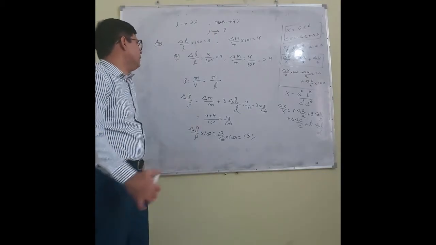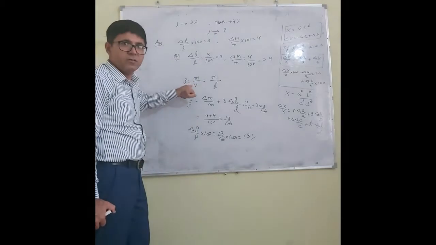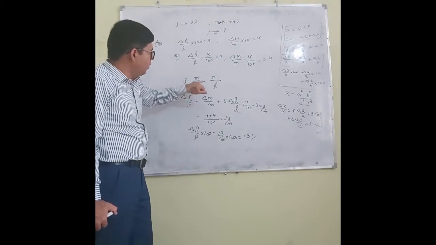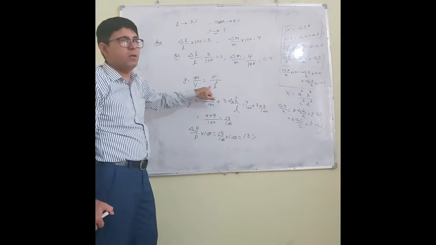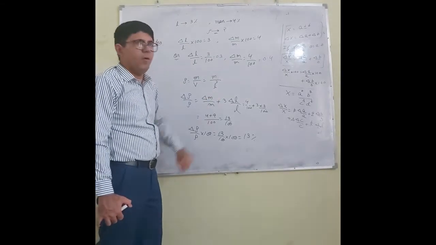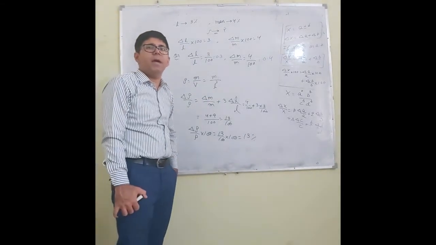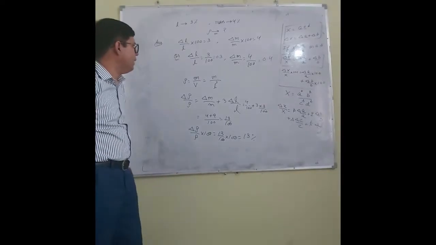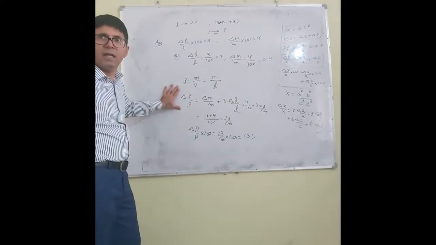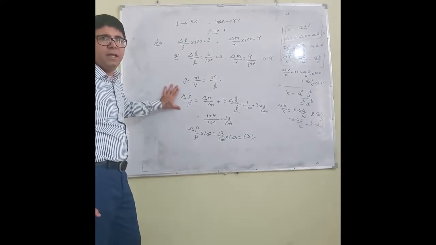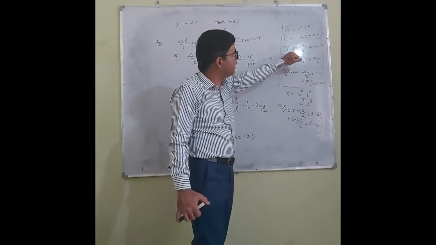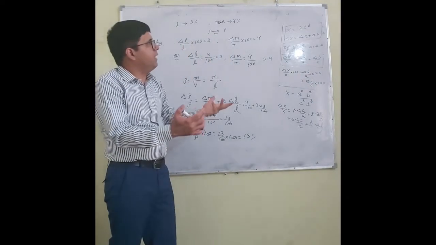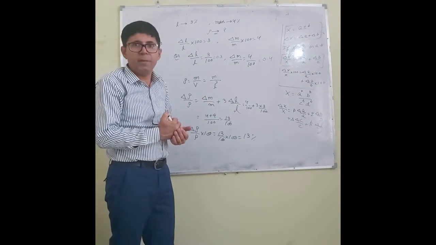So how can I calculate? I know density equals mass upon volume. Mass is m. What is volume? Length, breadth into height. When you multiply them, what will it be? L multiplied by L multiplied by L. It will be L cube. Now what is the relative error in density? Here there is division. So what will I use? I will use this A by B. So it is delta A by A plus delta B by B.